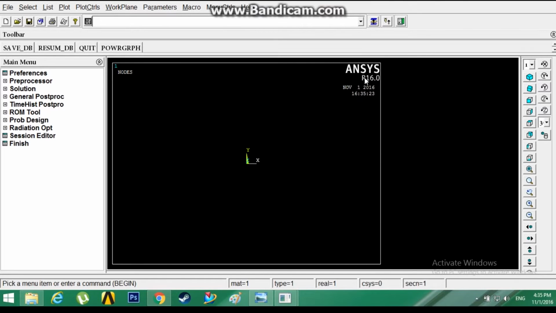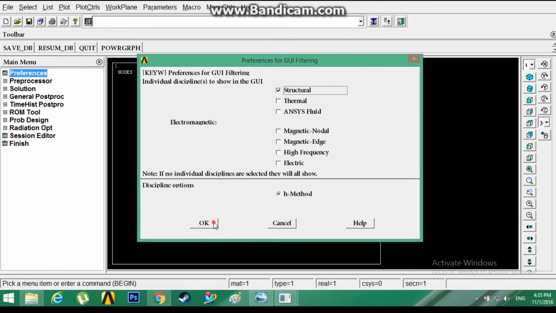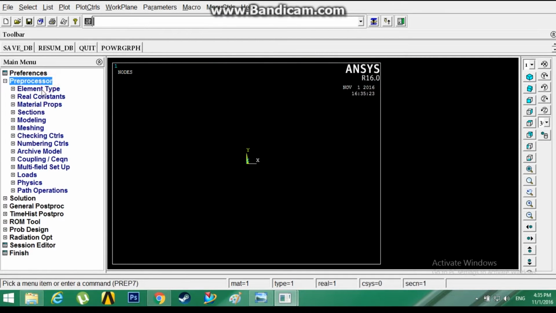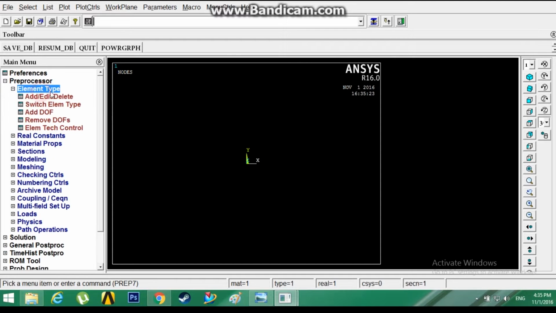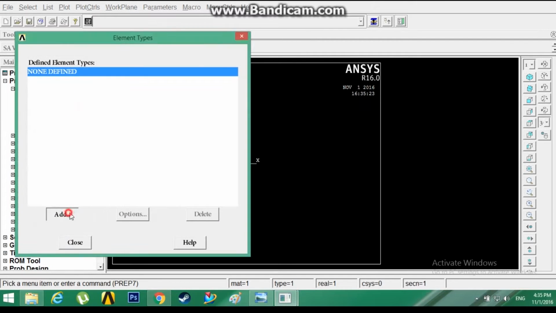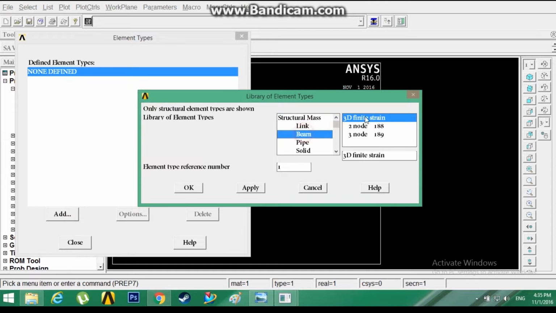Hello guys, in this tutorial I am going to show you how to analyze a beam under point loading and UDL, uniformly distributed load. Let's do a random problem. Let's go to preferences, structural, click OK, preprocessor, element type, add a beam element, beam 2 node 188, click OK,